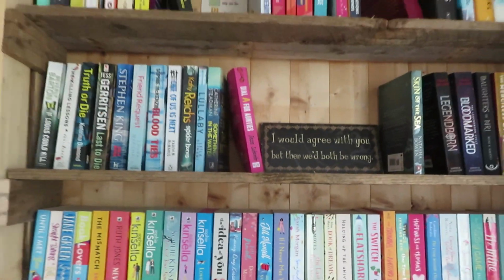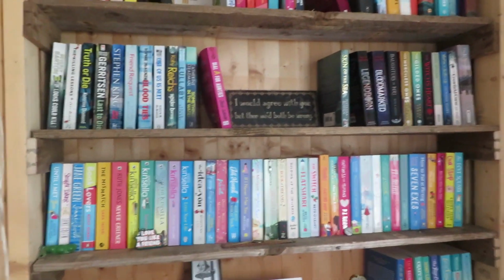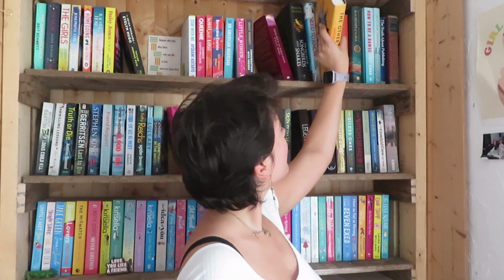But yeah, let's now go and talk about these wonderful books. Let's start with the hardcover books. I won't be talking about all, just some. First we're going to talk about this one. I got this for Christmas 2021. And I really enjoyed it. It is a series and it's coming out soon. Just can't wait. Me and my best friend, we both read it. So it's about